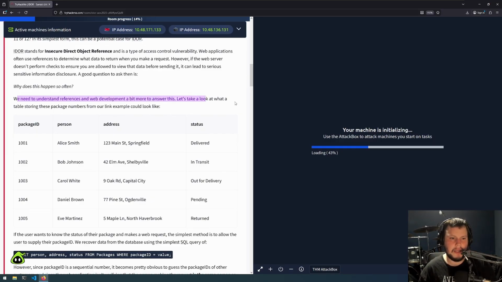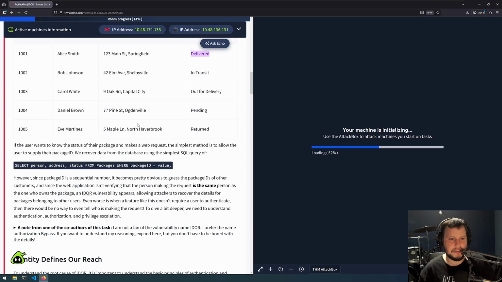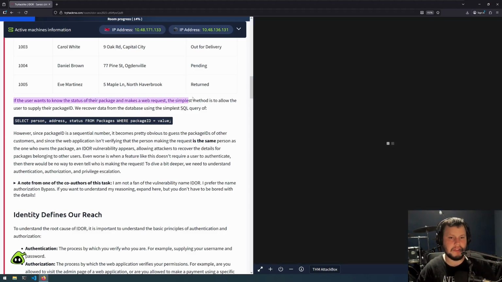Let's take a look at what a table storing these package numbers from our link example could look like. You have the package IDs here, and those are used to identify the person, address, and delivery status. If the user wants to know the status of the package, they make a request. The simplest method is to allow the user to supply the package ID. We then recover data from the database using the simple SQL query: SELECT person, address, status FROM packages WHERE package ID equals value. However, since package ID is a sequential number, it becomes pretty obvious to guess the package IDs